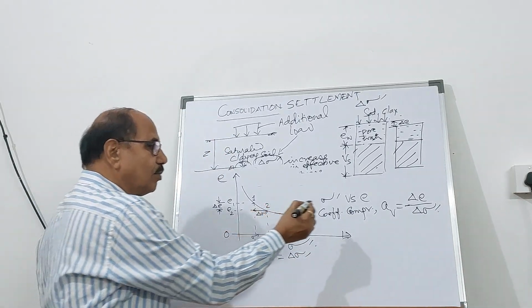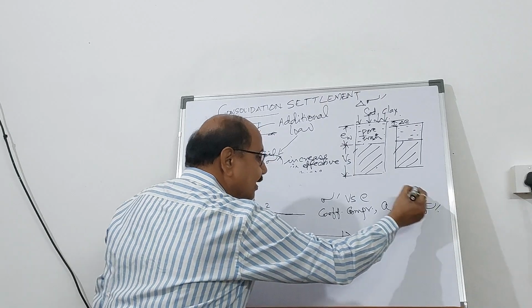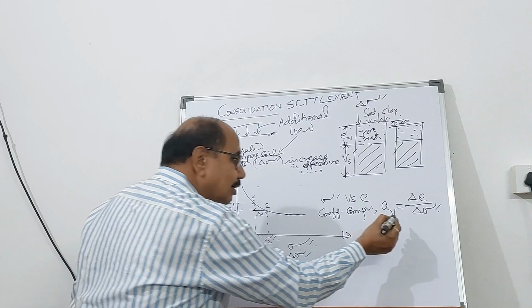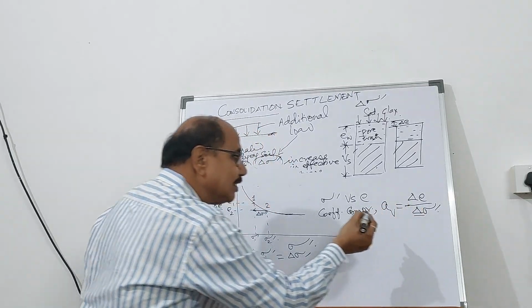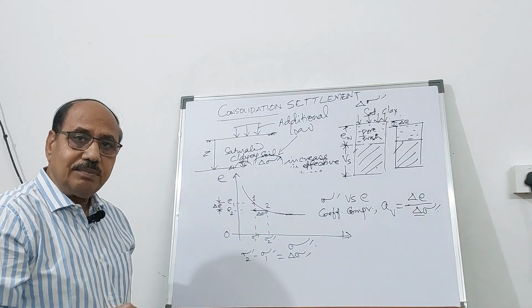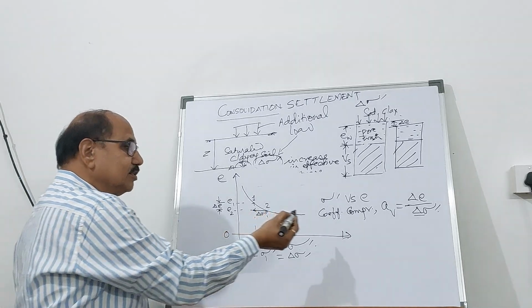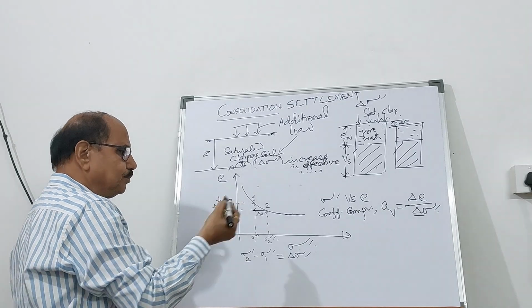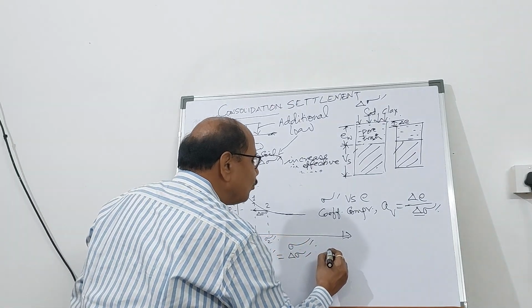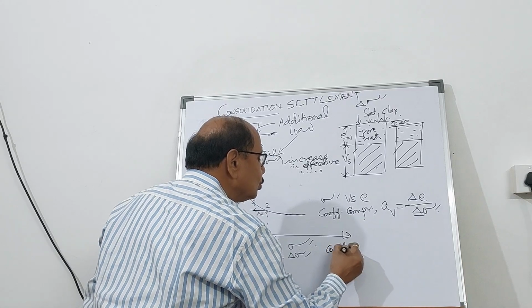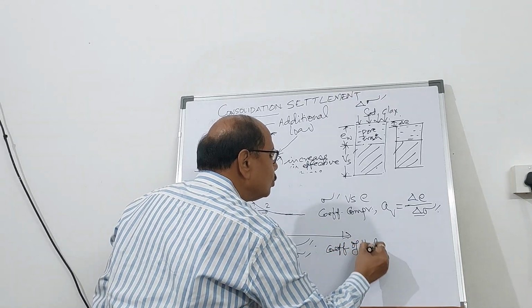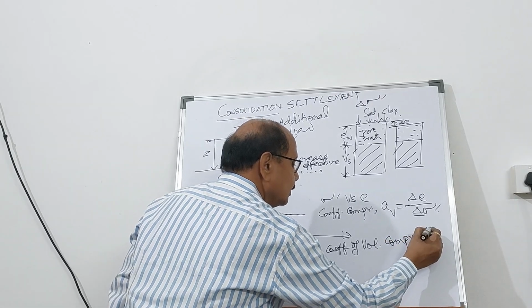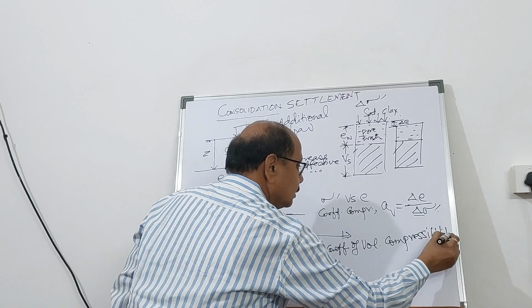So the coefficient of compressibility is the decrease in void ratio of the saturated clay soil mass for a corresponding increase in effective stress in the soil mass. This term is very important that we should know about. There is another term known as the coefficient of volume compressibility, we call it